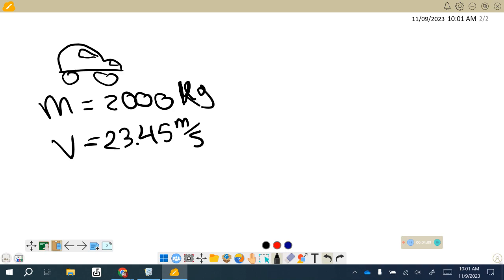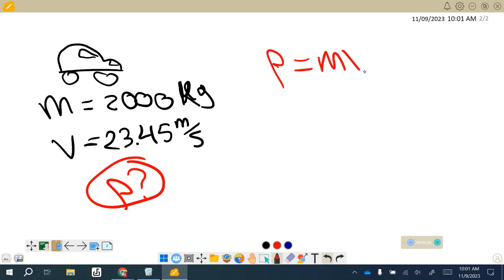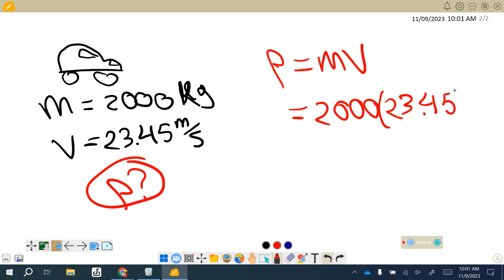Okay, so question is, how much momentum does this car have as it's driving down the road like this? Okay, well, momentum is just mass times velocity. So we take the mass as 2,000, and the velocity is 23.45. Multiply those two together, we get an answer of about